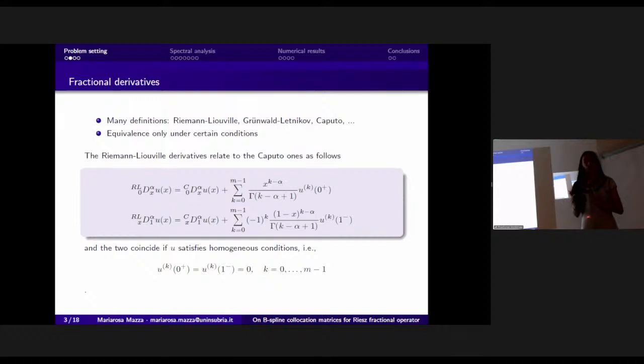As I said, these two definitions are not equivalent, but we know there is a relation between the two, which is expressed by this formula here. This formula says that the Riemann-Liouville derivative is equal to a Caputo one plus something else. And this something else depends on the solution and its derivatives at the endpoints for the 1D case, up to, say, the floor function of the fractional derivative order. In case we go for homogeneous conditions, that is, we assume these conditions here, then actually Riemann-Liouville and Caputo definitions are the same definition.